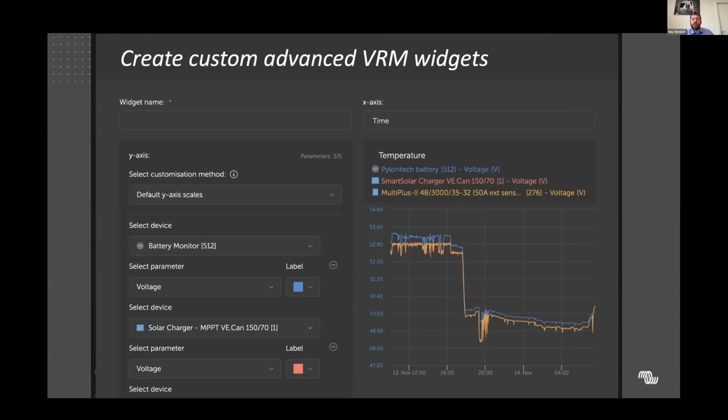This can be extremely useful if you want to see comparative results for different values across a system. So you might want to see what's happening to the system voltage as the system current changes, or what happens to the system voltage as the state of charge is changing. The ability to graph those two or more, you can graph up to 5 individual lines on the same graph. We're looking to extend that further to help those with 3-phase systems who want to see all phases of voltage and all phases of current on one graph. But for now, it's 5. And from there, you can then control what you can see and begin to do some analysis.